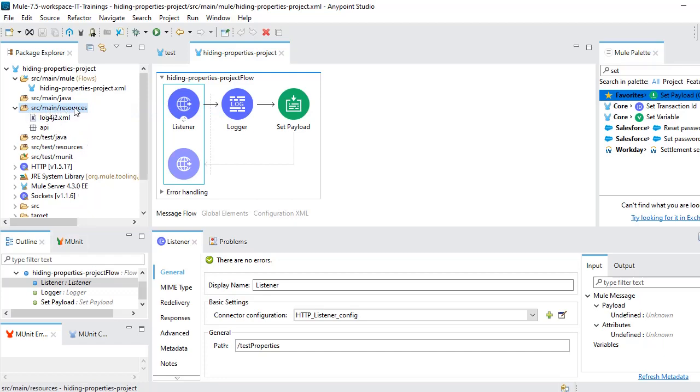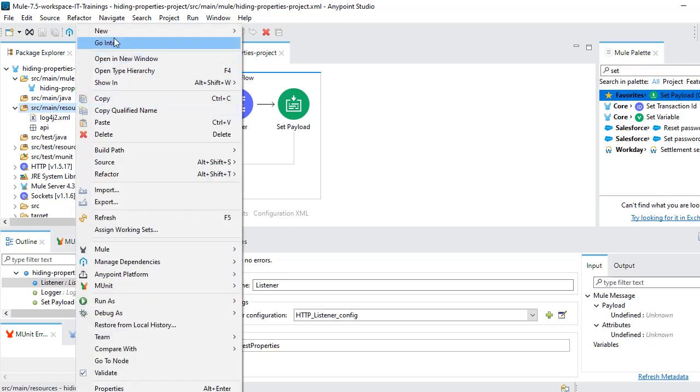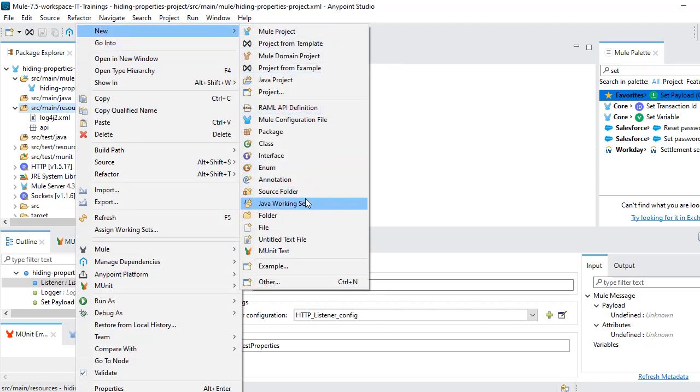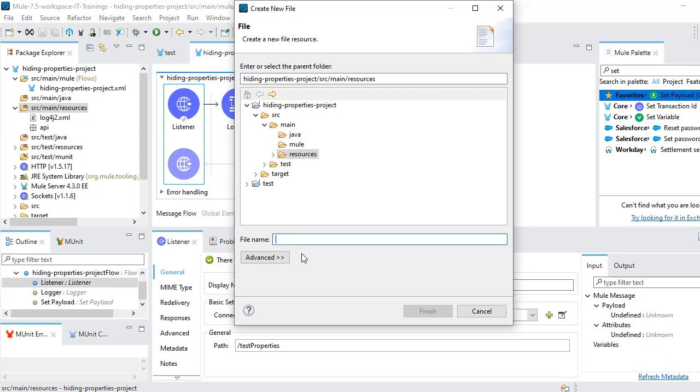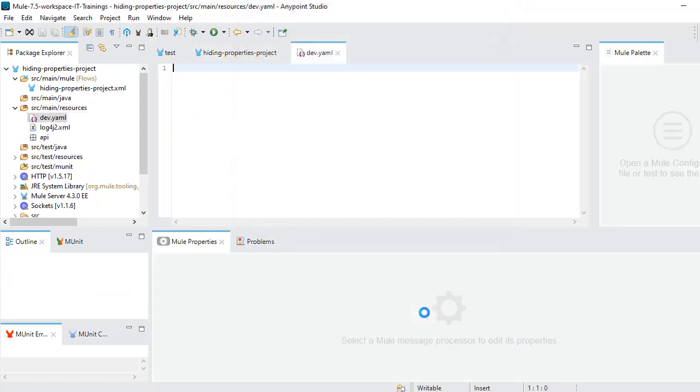Just under src/main/resources, right click, create new file. In Mule 4, we send these properties by using a YAML file. Let's say my dev.yaml. This is my development environment property file. We can give any other name, but we need to configure this file name in order to externalize the properties. Let's see one by one.